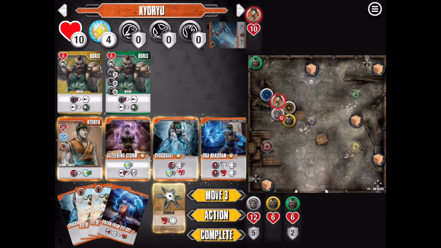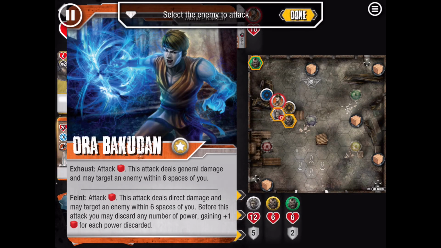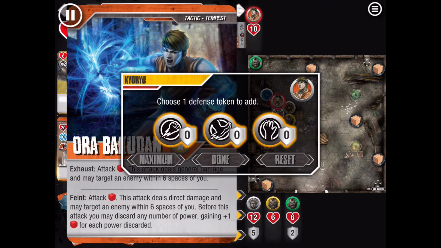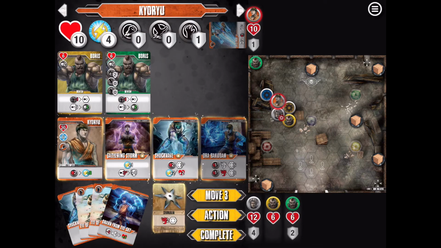Let's get another Tempest card out there. I'm wondering if Boris is going to step on this objective and help us out here. Alright, let's exhaust this. And do I go ahead and take a shot at Dimitri? Yeah. Alright, definitely want to grapple. And I want to remove as many punches as possible from Dimitri so that when I do...